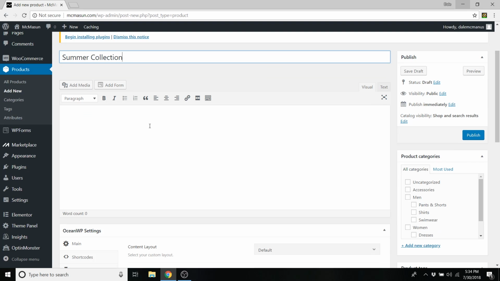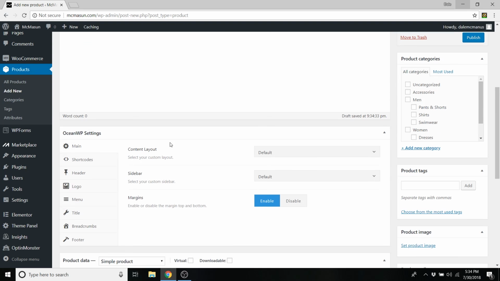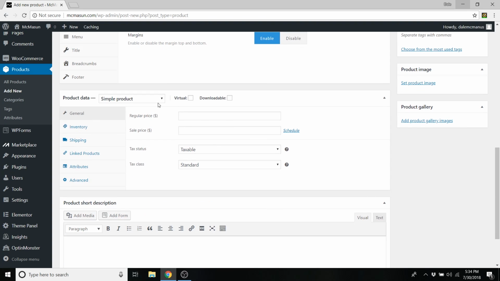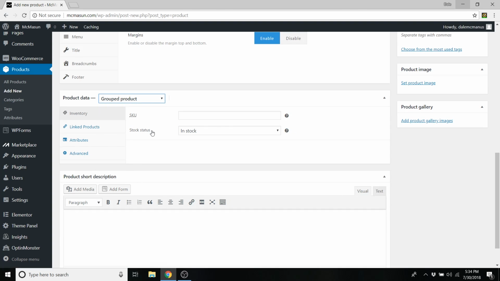And you can add in a description here. And again, make sure that your settings are on a full width. And go down and change this to a grouped product. So you've got the same inventory as simple and variable. And if you go over to linked products, you can now put whatever products you want to put into this